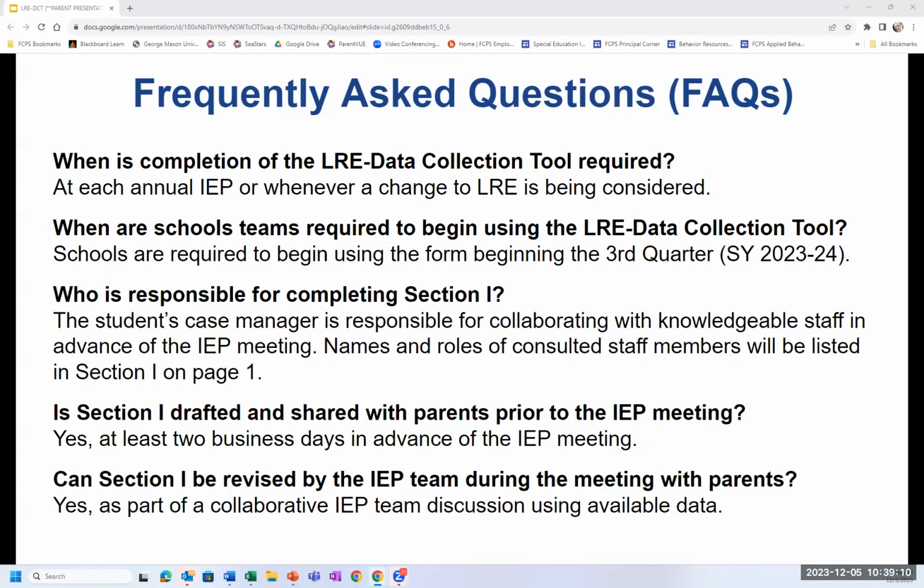Yes, at least 2 business days in advance of an IEP meeting. And can Section 1 be revised by the IEP team during the meeting with parents? Yes. Section 1 can be revised as part of a collaborative IEP team discussion using available data.